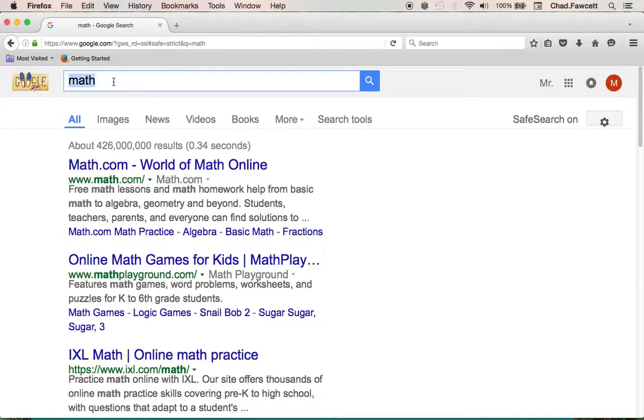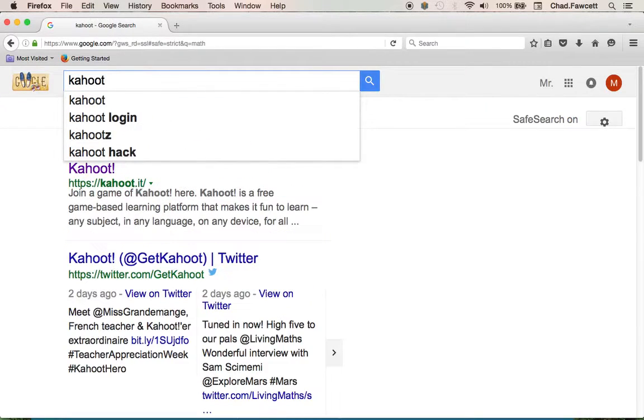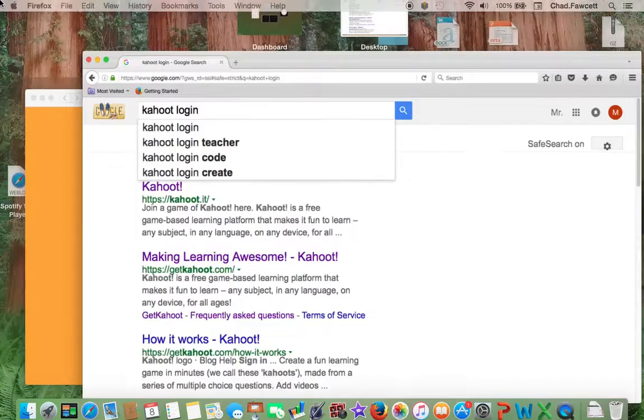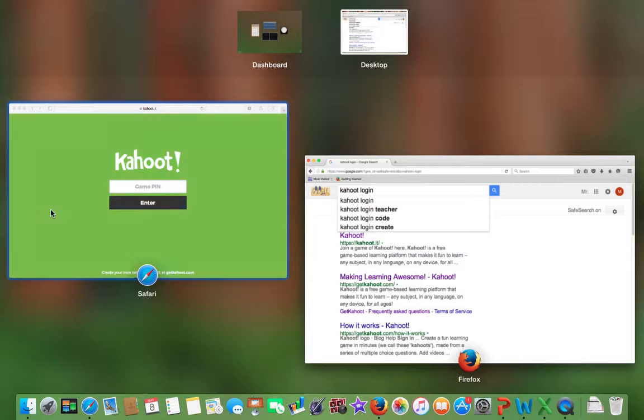So first thing we're going to do is search Kahoot, and if I type in Kahoot, you'll see there's Kahoot login, and the two main sites that we'll see when I type Kahoot login are the Kahoot.it page and the getkahoot.com page. Now the Kahoot.it page is where you'll notice if I come up here, I have another browser open,